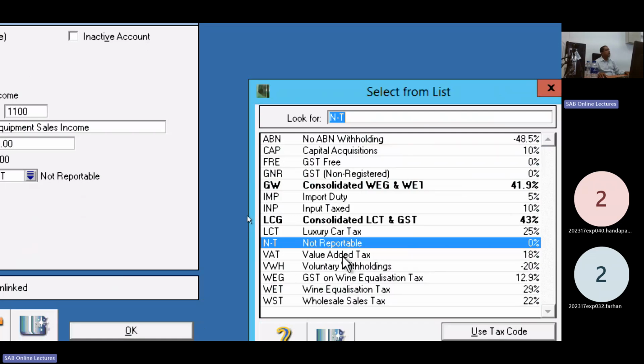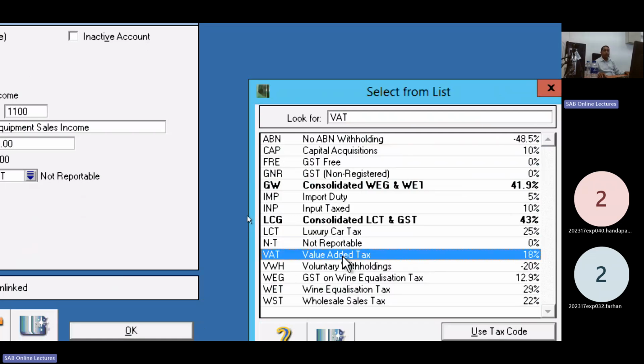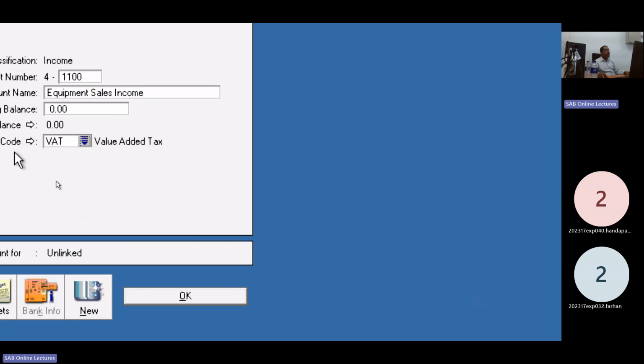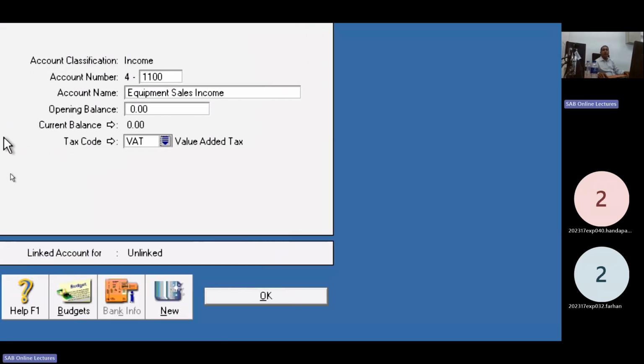Select now value added tax 18%. Value added tax. A separate window will open. Then use this tax code. You now get it correctly integrated to the VAT account. Click OK.